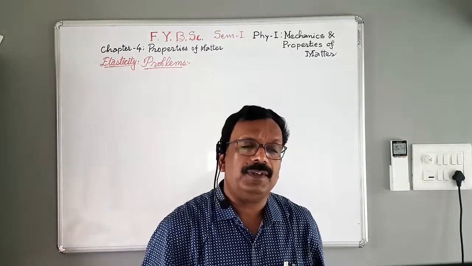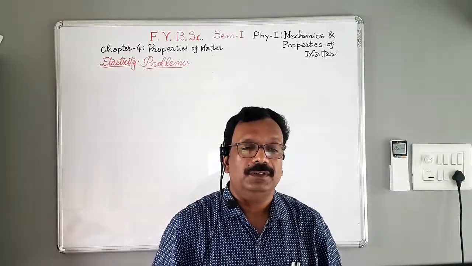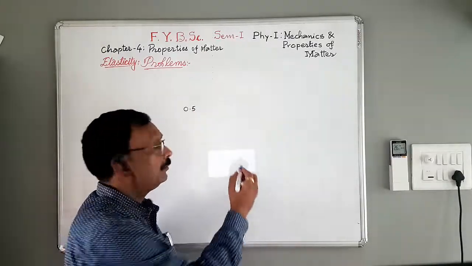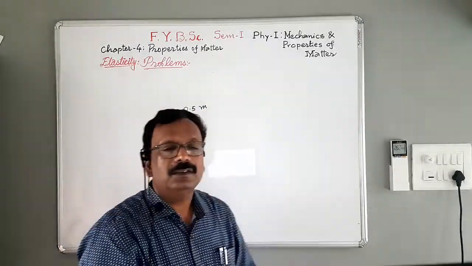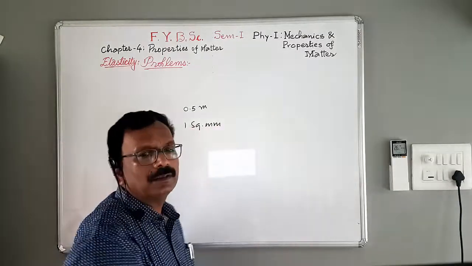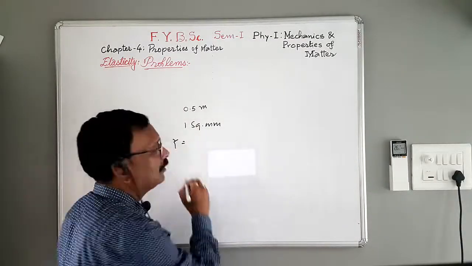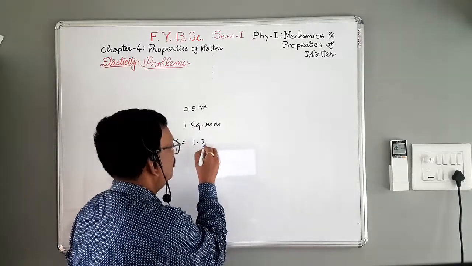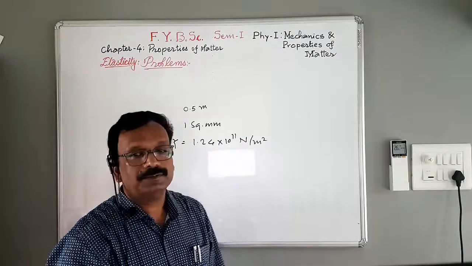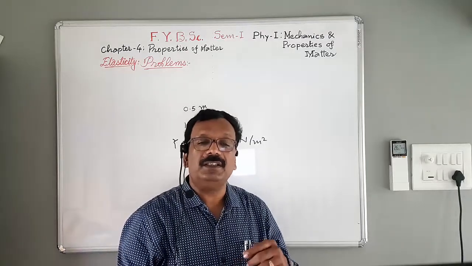Now, the first problem in this lecture is: a wire of 0.5, that is in meter, and 1 square millimeter in cross section has Young's modulus 1.24 into 10 raised to 11 Newton per meter square. Okay. Now, how much work is done in stretching the wire